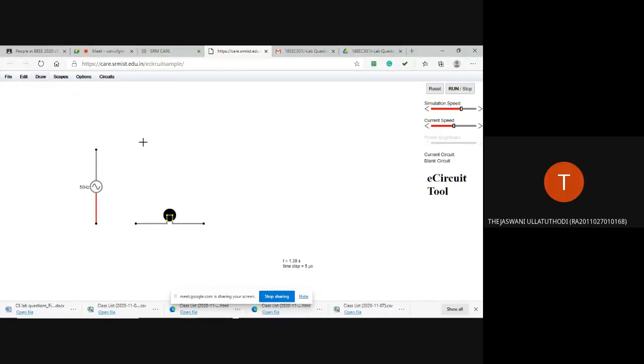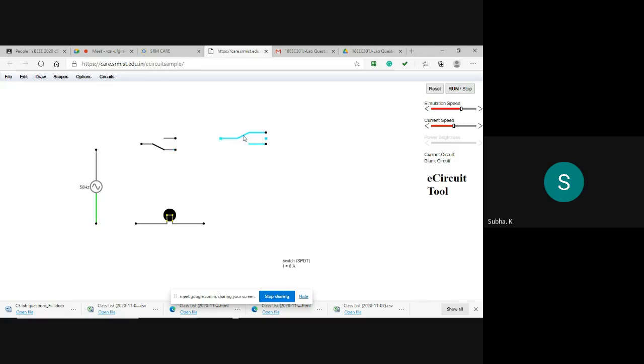Ma'am, after AC voltage, you put the lamp, right? See, first via switch only the current will flow. So the phase should be connected to switch. Okay, I shifted the lamp to the other side. So it's the lamp only, na? You added the lamp. Yeah, it's lamp only. Okay, thank you. So by clicking on it, I will be able to connect it different.